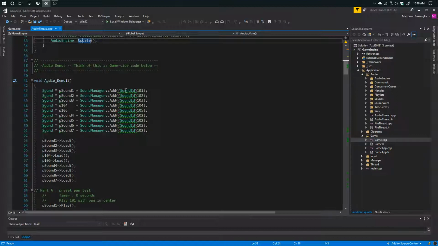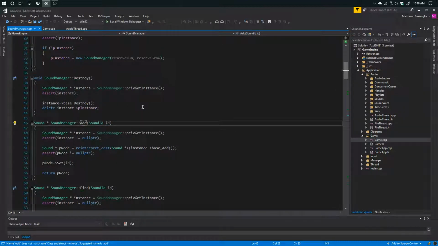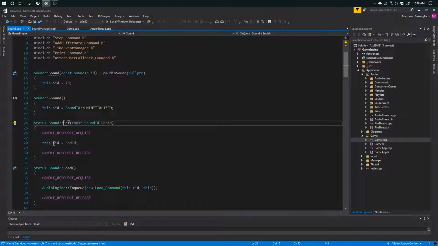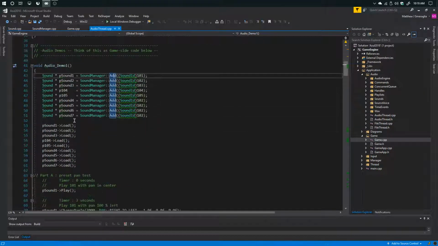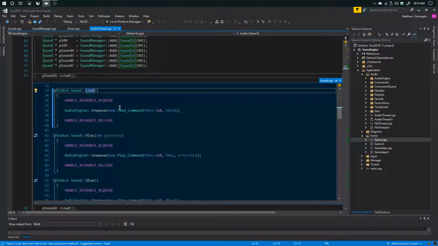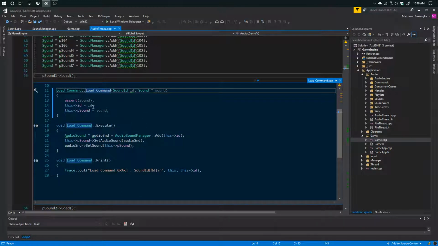So this first demo, we're creating these sounds, and the sound is taking in an ID, and using the resource pool is just going to set the ID for now. Once this sound is actually created, we get the pointer back to it, and then I'm just loading these. What the load does is that it puts a load command onto the audio queue, and inside the audio queue,